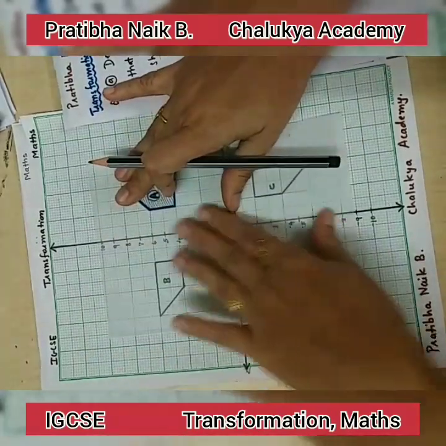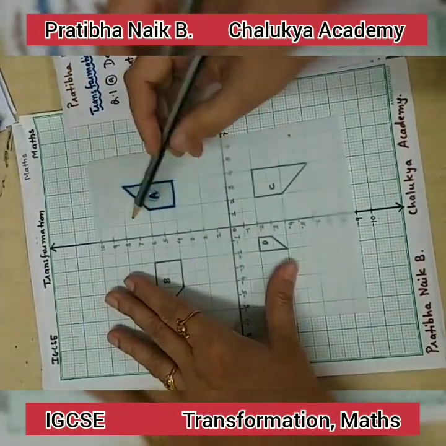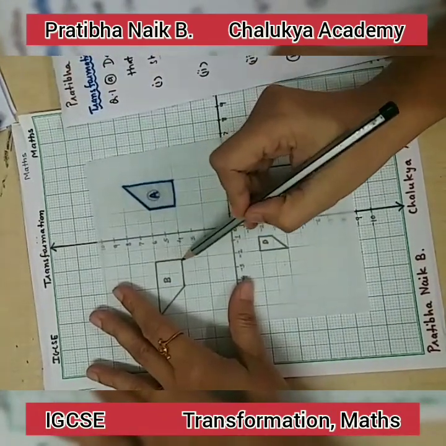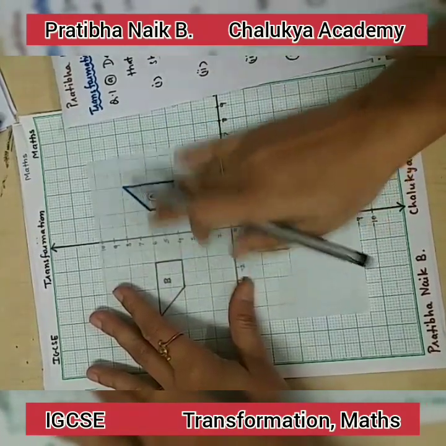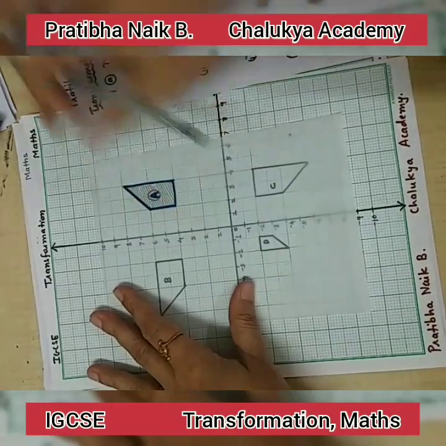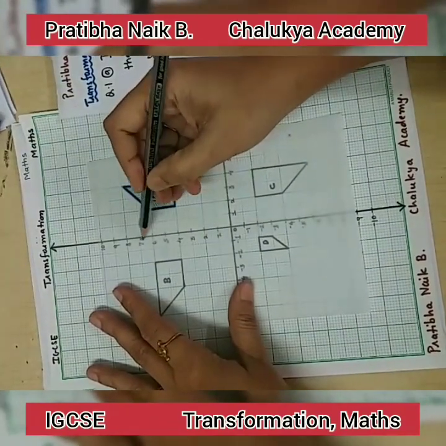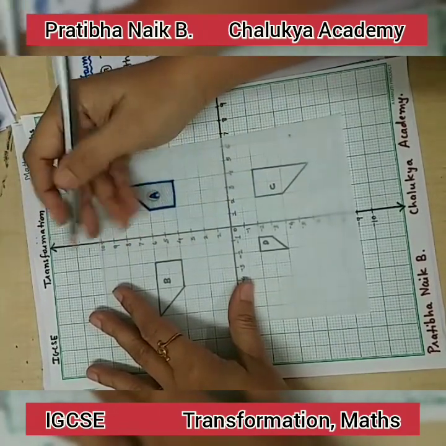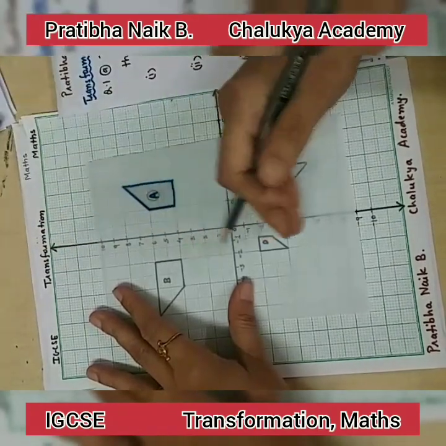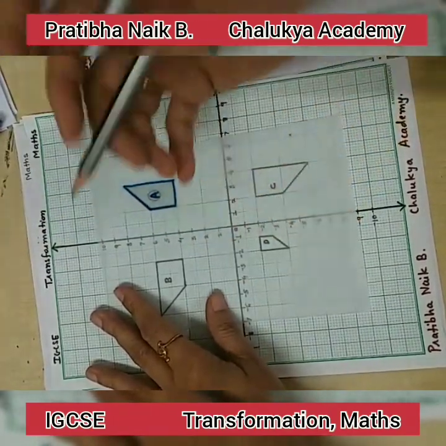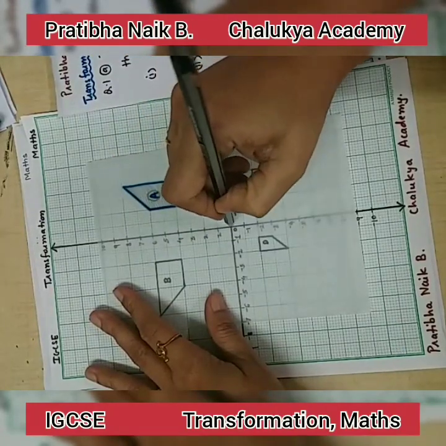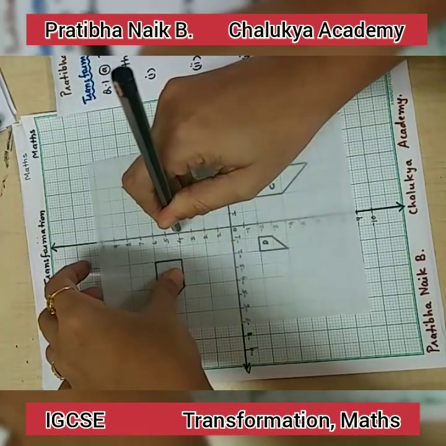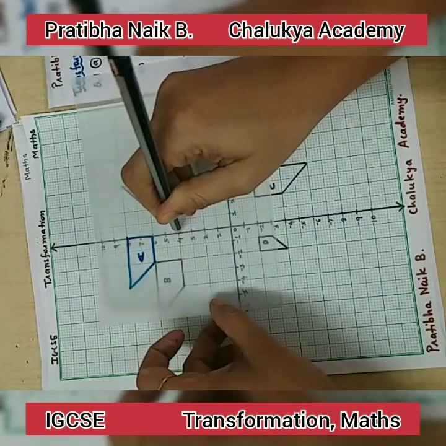Now let's go for this transformation, from A to B. First we need to know the origin. You can see this is the base, this is also the base. Both the objects are at the same level. So the origin must be lying between this gap. It should not be at a very high y-axis value, and it is not towards the lower side. It should not be 0 because both the objects are at the same level. So let's go for the origin 4, and we will move the object.